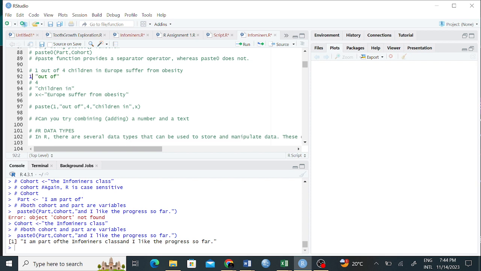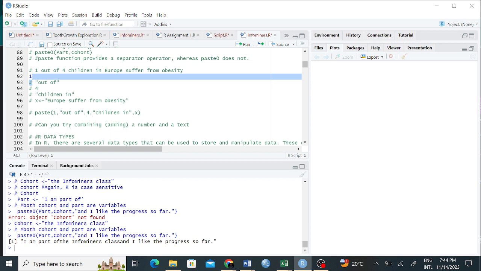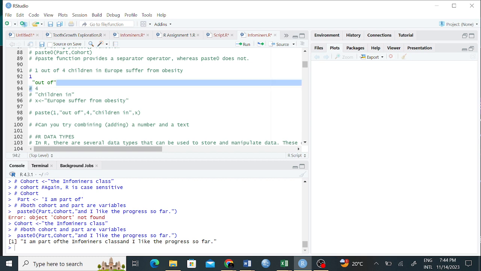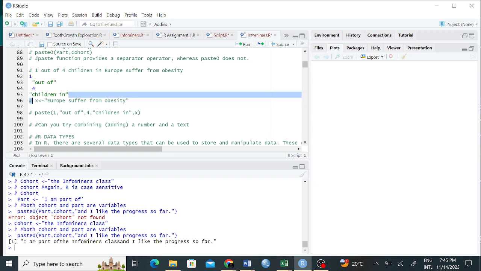But if you use paste, you can see what we did here last time. I'm just trying to bring you back to it. Remember what we did here. I gave you this as part of what you are supposed to work on in class.